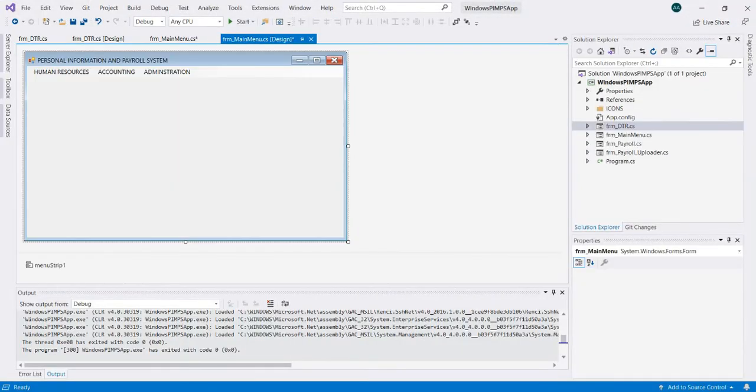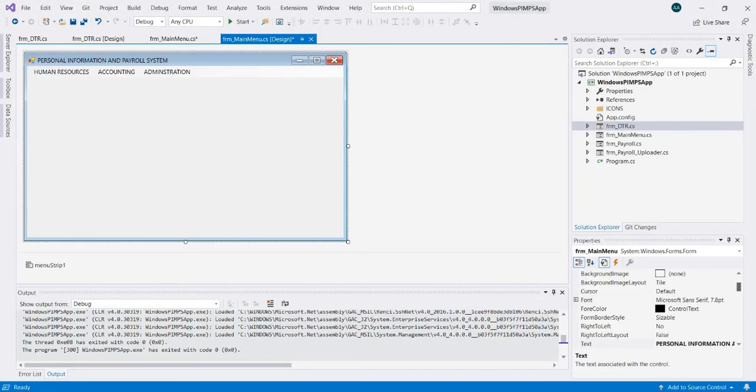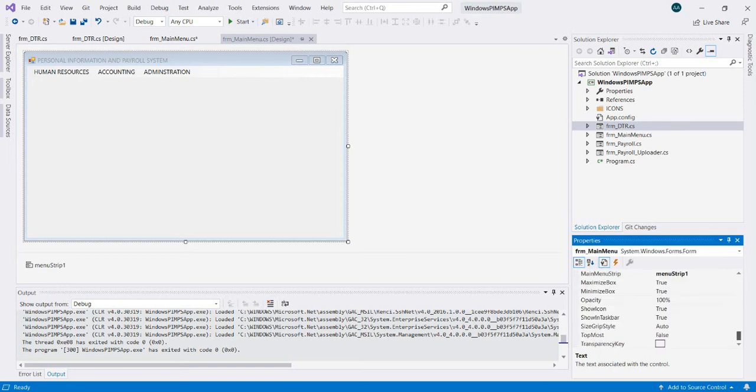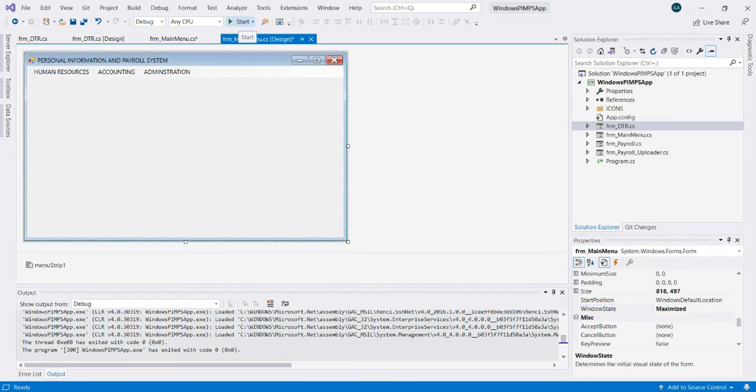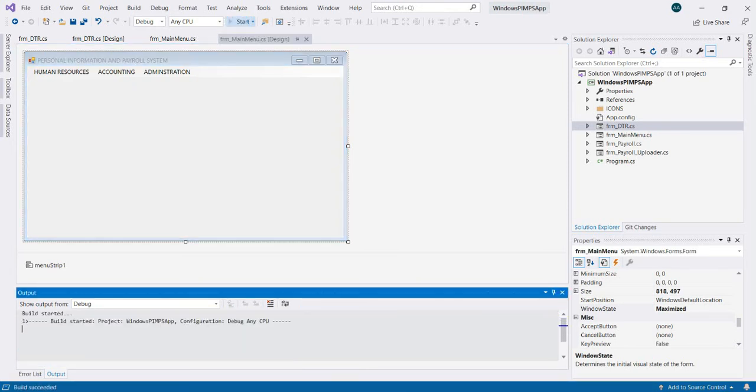So I implemented the comment by using a forward slash. That makes it colored green. So there, it's doing good now because we commented the this.Hide